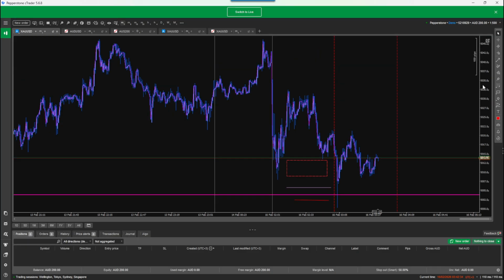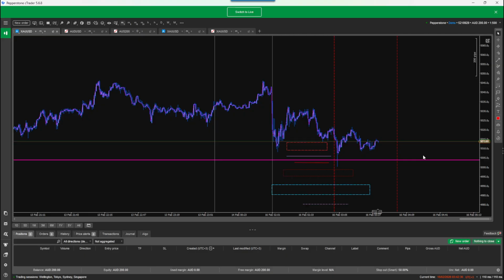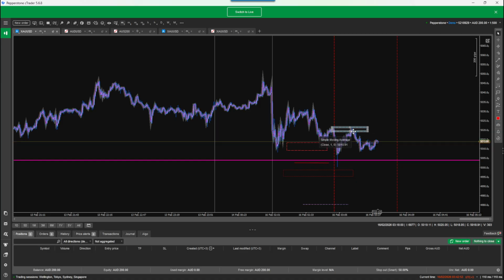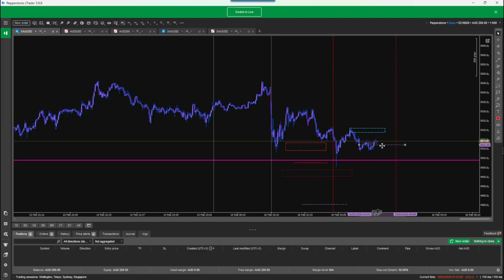It happens to be my preference where I use them. I use a purple line just to mark out structure. I use blue for what I call a liquidity box. And then I use the dotted purple line to be over and above a zone, so we can just see